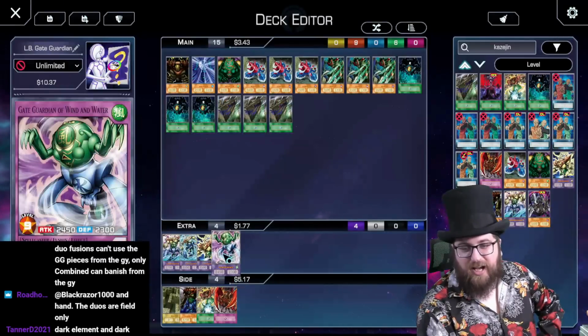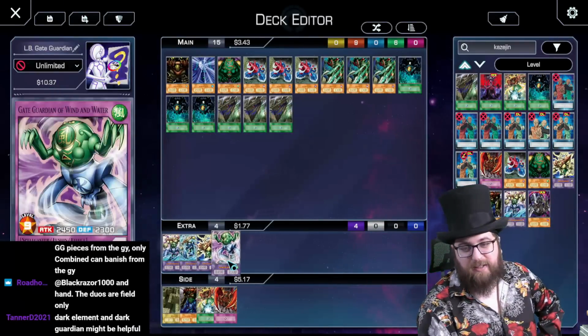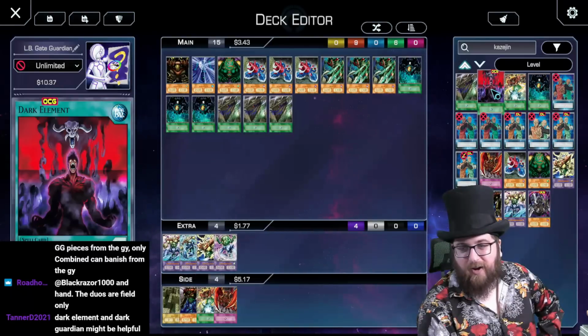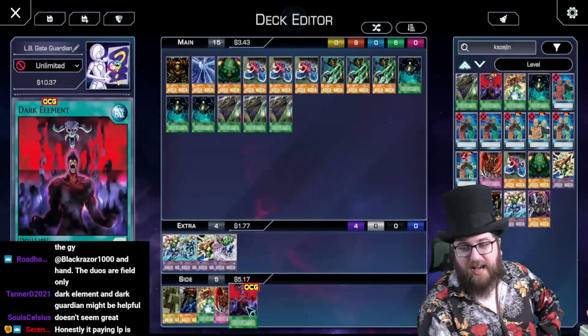So they basically just said if you manage to summon this, or more likely use something that dumps an extra deck monster into the graveyard, you can just pay half your life points and summon one. I mean, it helps with the OTK. I'd probably